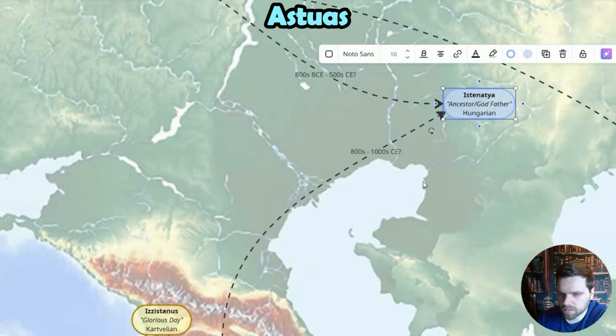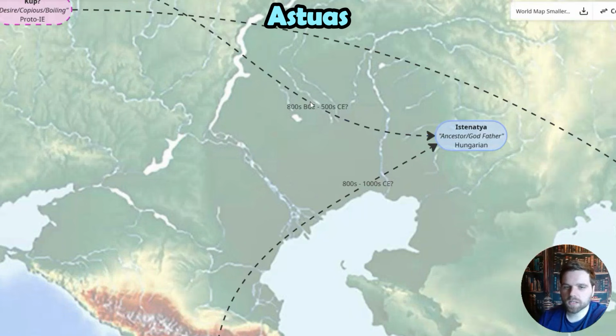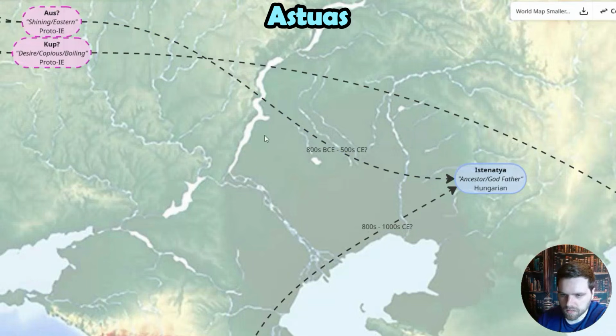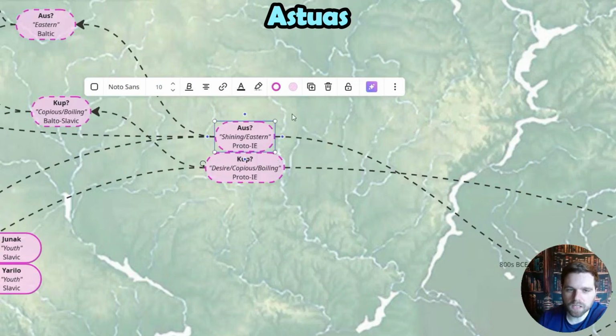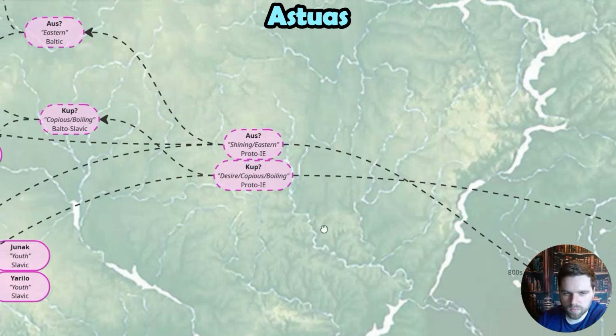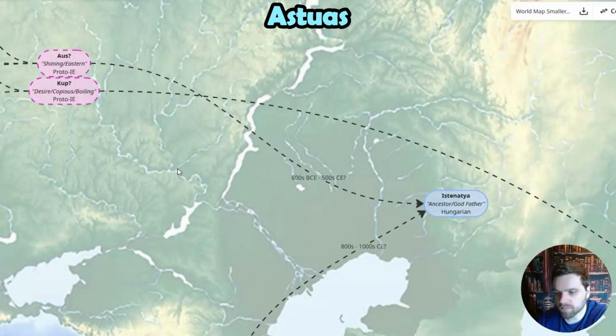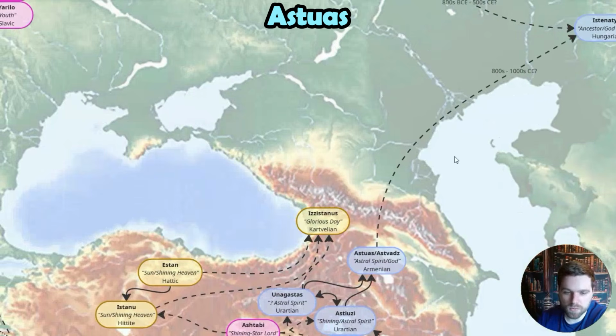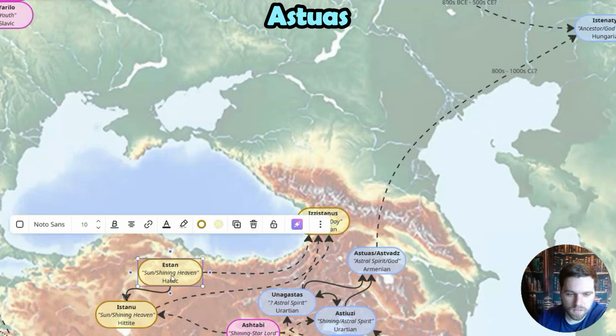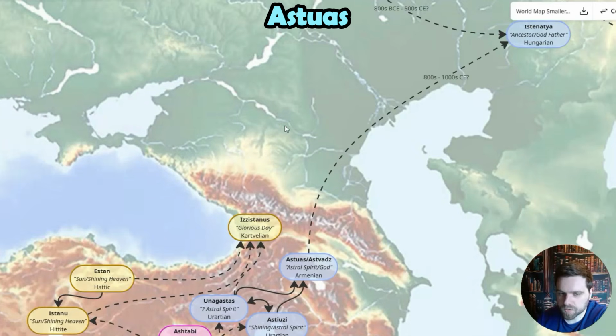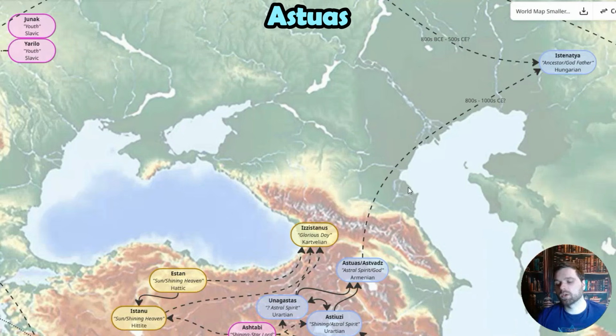their high god. But it's also possible that they inherited this high god idea from a shining sort of linguistic root in Proto-Indo-European, or just the Indo-European worshiping a god of the east, a god of the shining, or maybe even a god of the sky in general. Maybe it is a little closer to this Hatic core of like the shining heavens being another word for this sun. And this shares a lot of ideas with the idea of the sun as a watcher, as an eye.